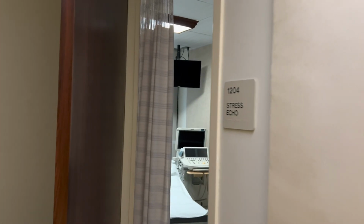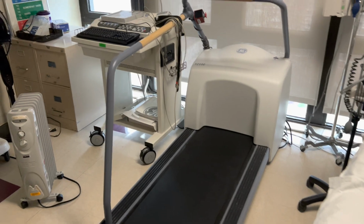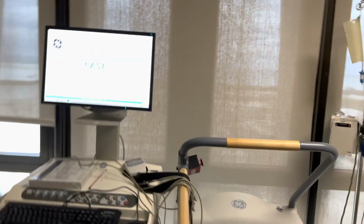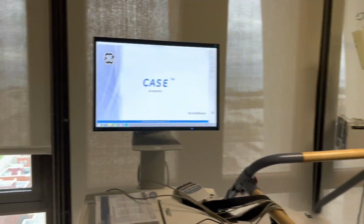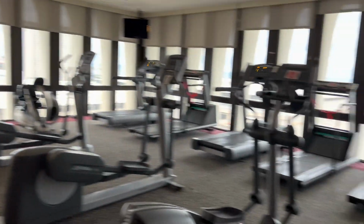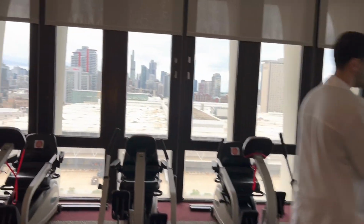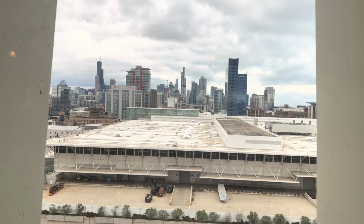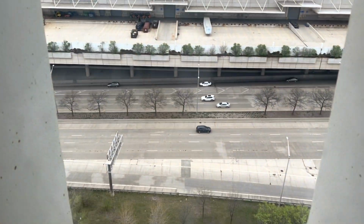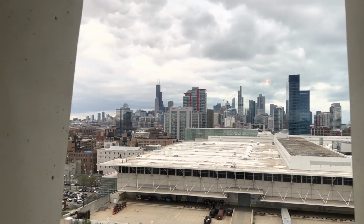So let me show you guys how a stress echo room looks like. So that's how a stress echo room looks like with the treadmill. So the patient runs on the treadmill with all the leads attached, so that we can see her EKG, how her EKG works. So this is the rehabilitation center of Insight Medical Hospital, and that's a beautiful Chicago downtown view from inside. And as you can see, the expressway through which I come, and that's Trump Tower over there, that's Willis Tower,